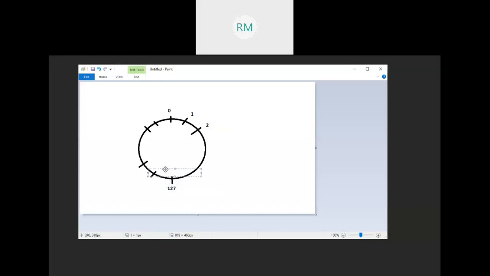Here the minimum value in the negative range is minus 128. Again it is minus 127. Next one is minus 2. Again it is minus 1.